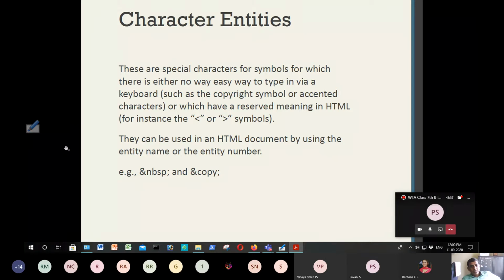For example, the less than and greater than symbols can't be typed as they are. Why, you may wonder. The reason is that the less than and greater than symbols, these angle brackets, are used in all HTML tags. For opening a tag and closing a tag, we use angle brackets. So how will the HTML interpreter come to know whether it is less than, greater than, or an angle bracket for a tag?